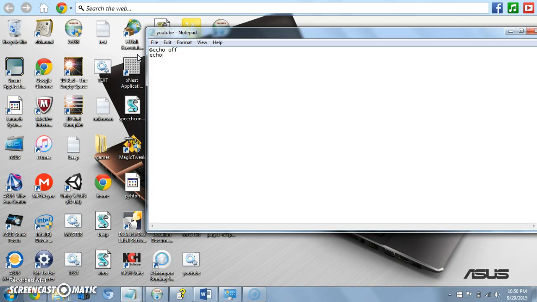As you guys know, echo makes you be able to type strings. But if you type in percent sign and then username, even though there's nothing there, I call it a built-in script. Even though you're making the commands here, there's already commands built in. So if we save that